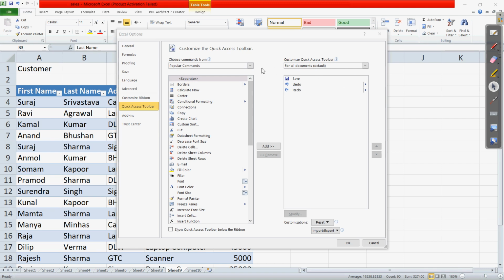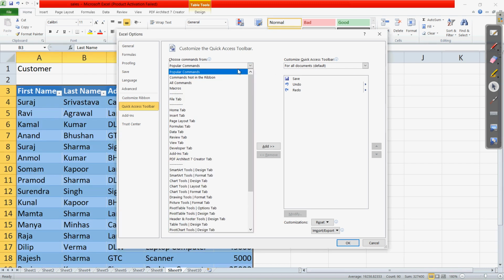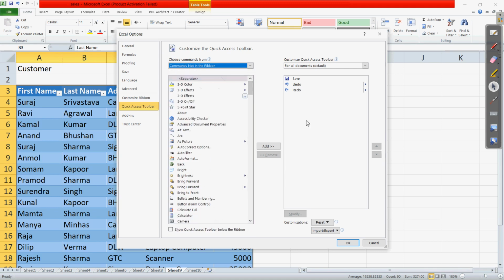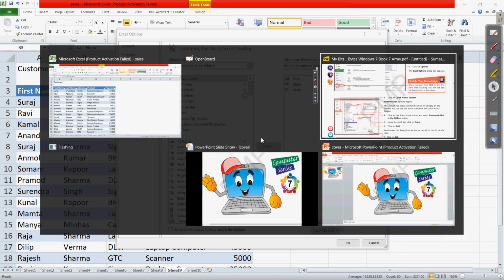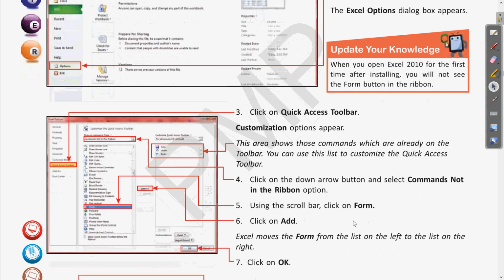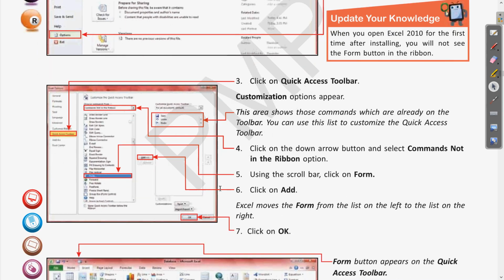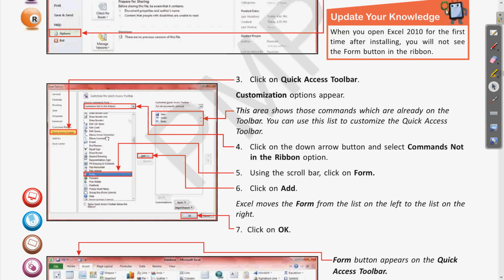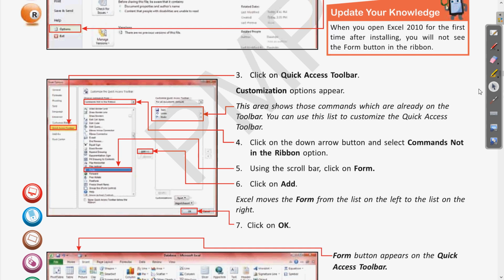So we have to click on this drop down and commands not in the ribbon. Clear? So we have selected commands not in the ribbon. Now the next step, using the scroll bar, click on the form and click to add. Clear? So when we have selected commands not in the ribbon option from this drop down, here we will get the other tools which we want to insert.